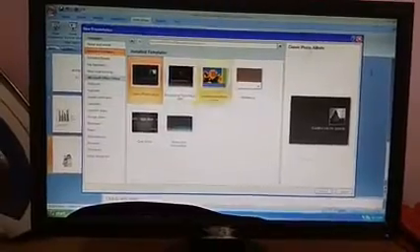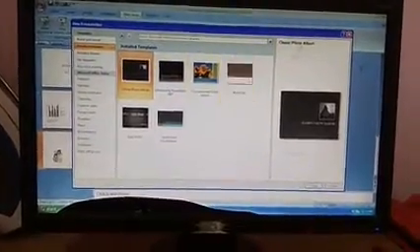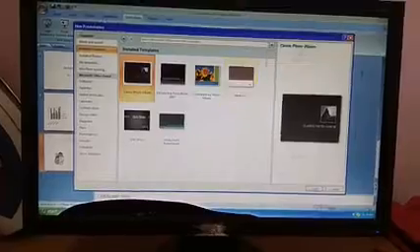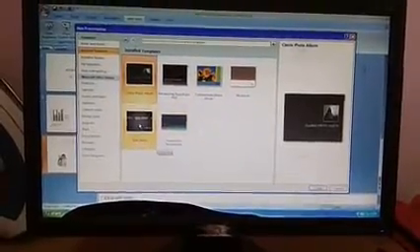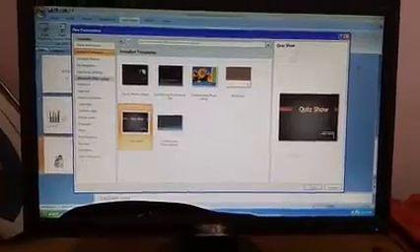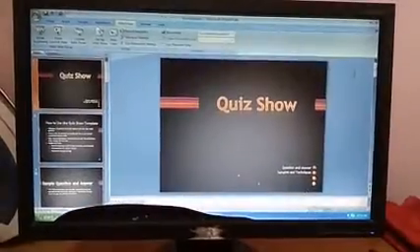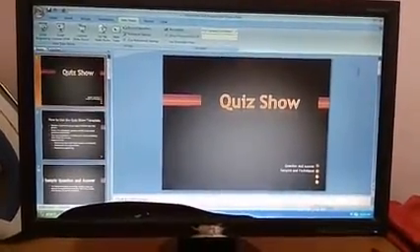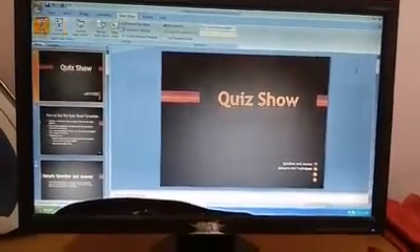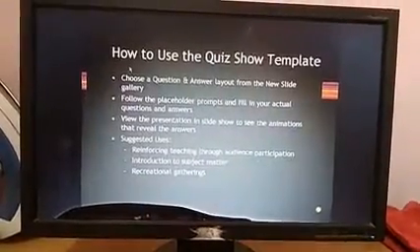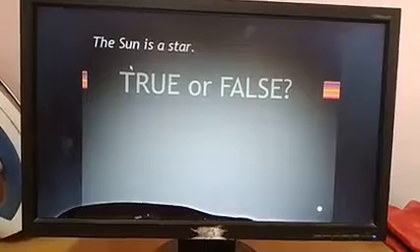What this contains, already certain backgrounds and certain methods are available, and here I'm going to use these options. So suppose if I say here I'm going to use a quiz show, I say here create. So this is the option where already data is available. If you are seeing, every data is available over here.